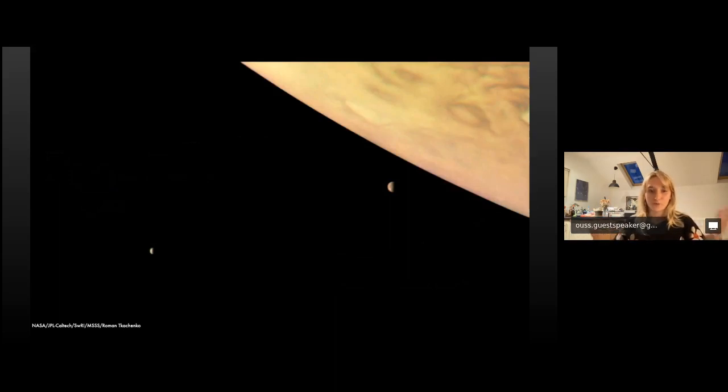zone can be formed. So here you've got an image taken by the Juno spacecraft, and you can see Jupiter, which is obviously the really big one, on the side, and then you've got Io closest to the planet and Europa just on the left. So Jupiter has 79 moons, and some of them are still awaiting naming, so around 24, I think, still awaiting naming. So it's got loads and loads of moons, but I'm going to concentrate here on some of the largest